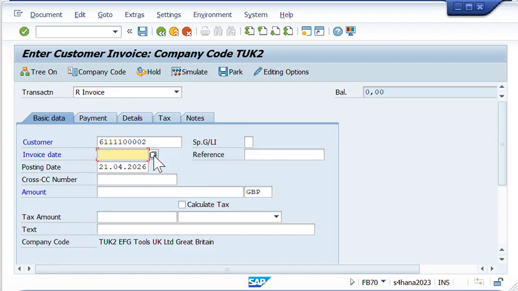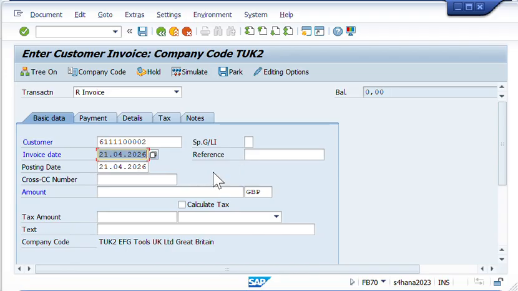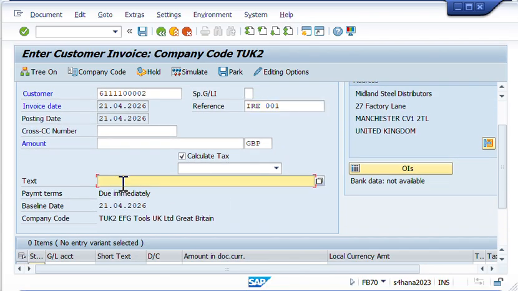Invoice, my invoice date. Let's use, okay, let's use 21 also. Later, we will use an older date. Calculate tax. Okay, and then our reference, reversal entry 001, or invoice reversal entry. Okay, that's our reference. Our text is invoice reversal